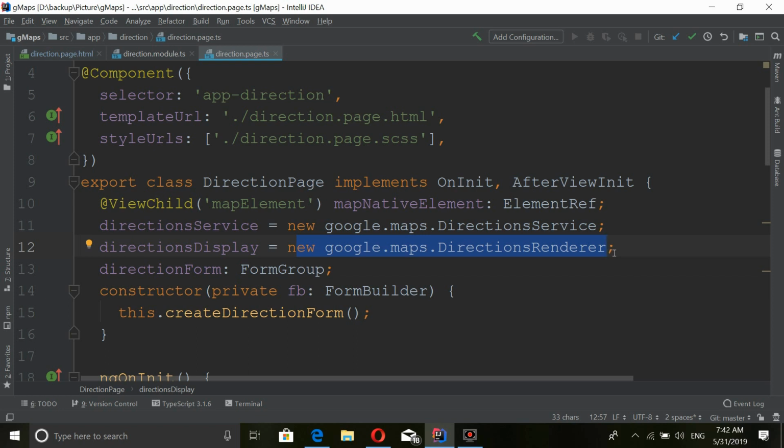I just followed the sample code given by the Google Maps JavaScript API. You just go to the website and you will find this code there. Okay, just wait, I'll show.